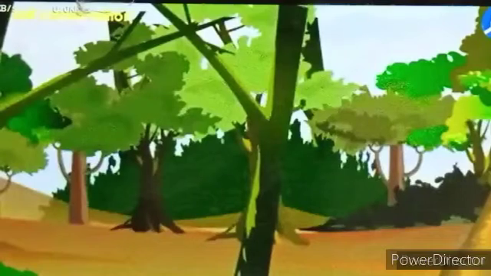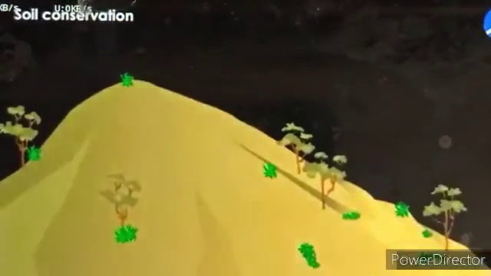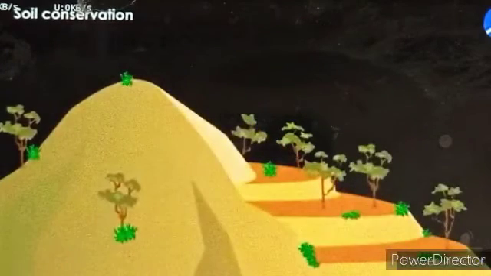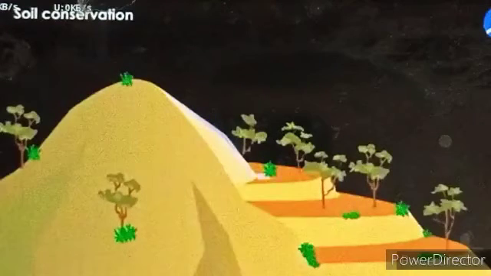This is known as afforestation. Cutting hill slopes into steps or terraces can reduce soil erosion. This is called terraced farming. Here, the steps slow down the flow of water.